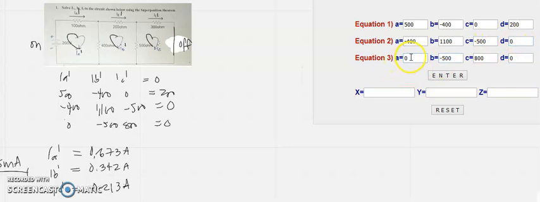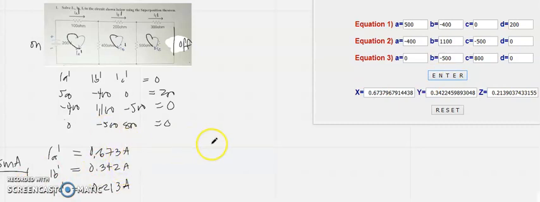For equation 3, we have 0, negative 500, 800, and 0. So, enter. Okay, so, sir, you have an answer. We have the answer. IE prime is 0.673 ampere. For IB prime, 0.342 ampere. For IC prime, this is equals to 0.213 ampere. So this is now for the